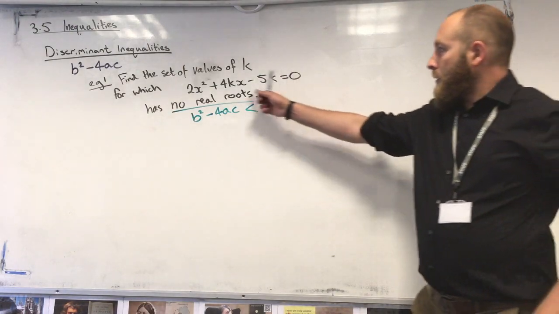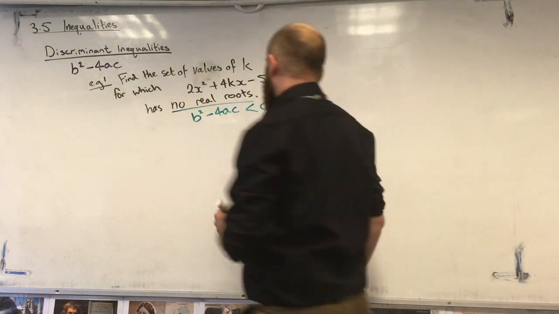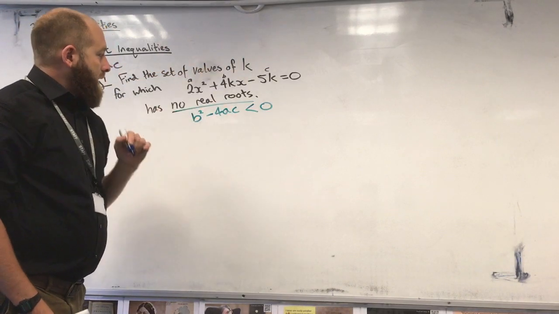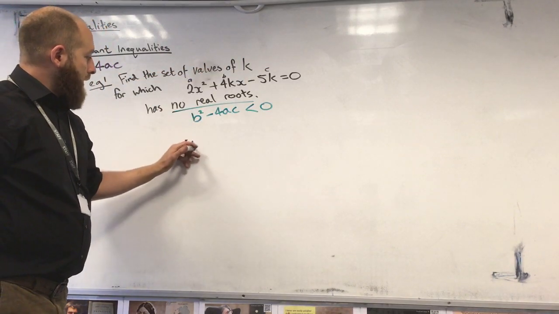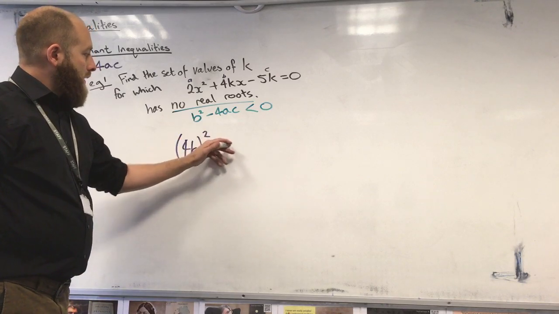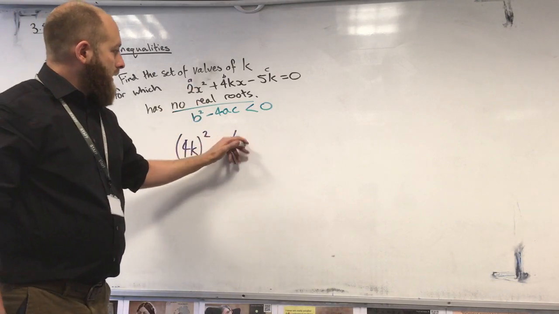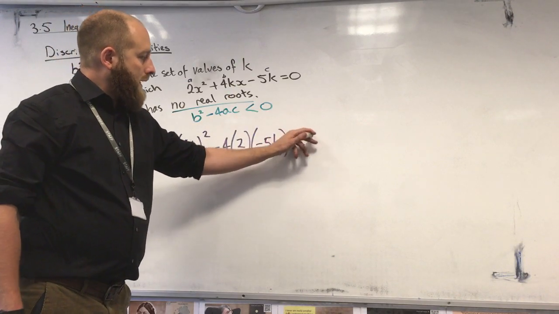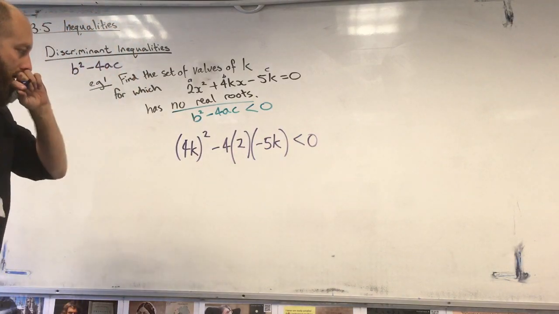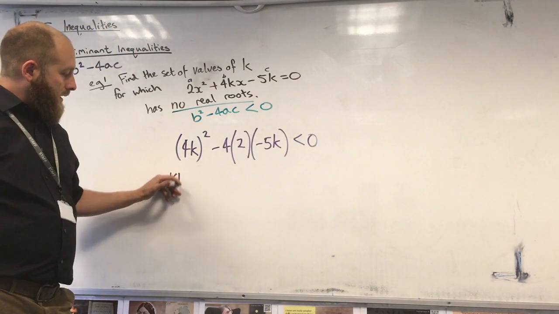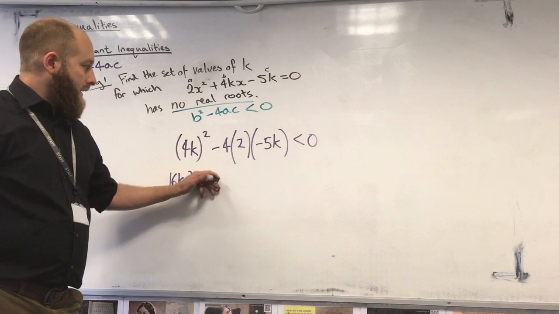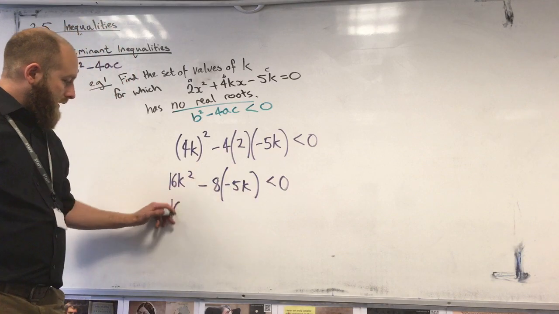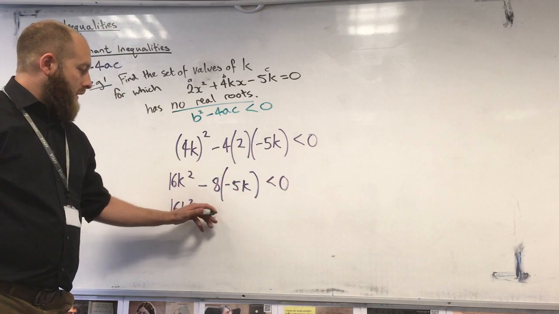So if we look through our quadratic and find the discriminant, remember a, b, and c. b squared is going to be 4k squared, minus 4 lots of a times c, and that should be less than 0. So if we expand all this, we get 16k squared minus 8 lots of minus 5k is less than 0, so 16k squared plus 40k